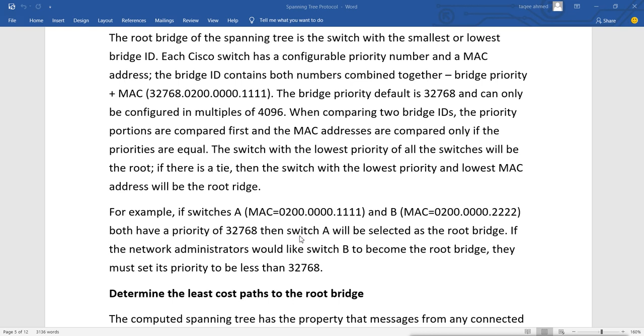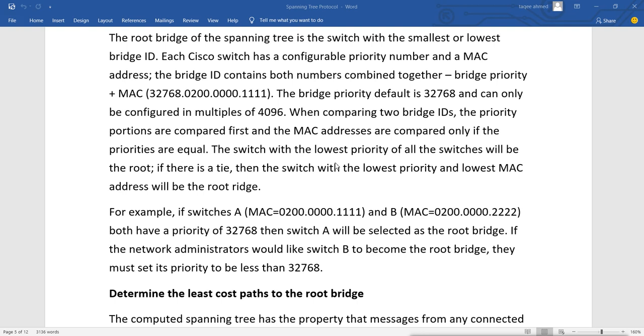So sometimes it happens that they select that old switch as the root bridge, and all the other switches try to communicate with that old root bridge. Now because these switches have 1 Gbps links, and this old switch has only a 10 Mbps link, that root bridge is not able to handle the traffic, and our network gets slow. In this situation we can manipulate this election by changing the bridge priority value.